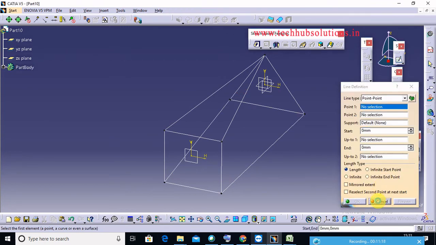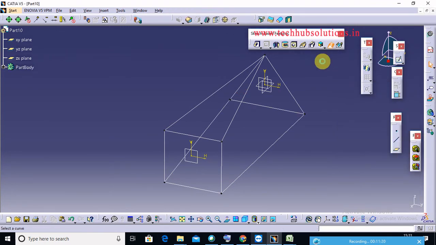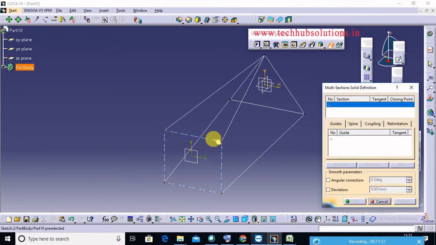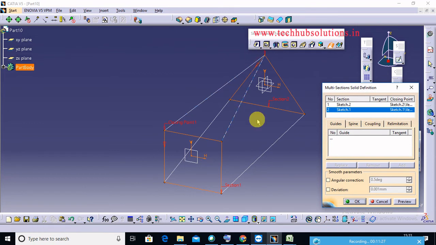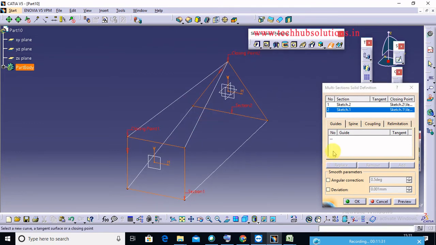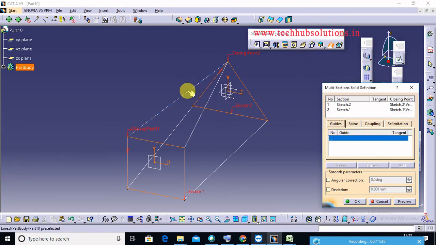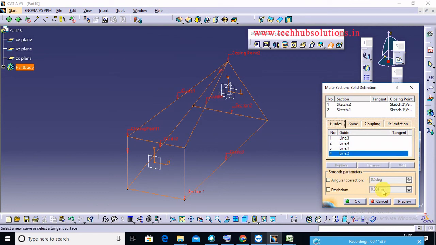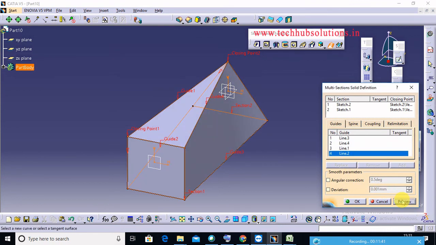So just cancel it. Now go to the multi-section solid, suppose select this one and select that one. Okay, so closing point in this direction, this one also closing point is this direction. In case guide curve is needed, so just click here and click all the lines here, then preview. So now this one is multi-section solid without similar vertex point.